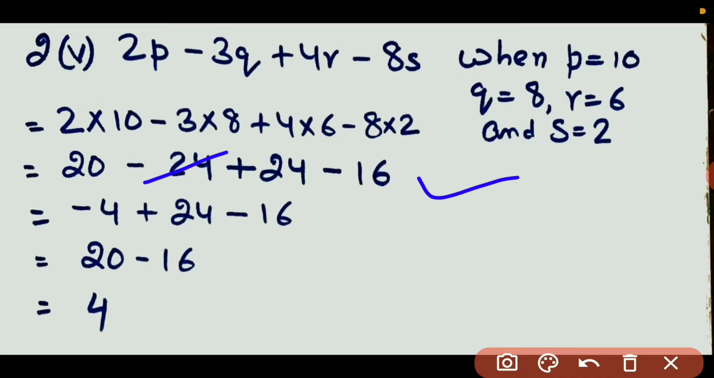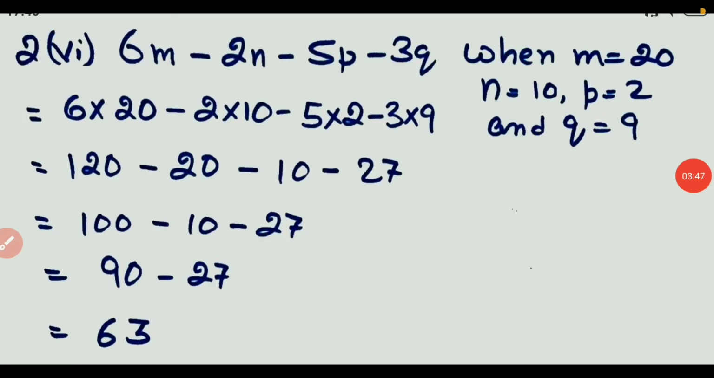Here minus 24 and plus 24 get cancelled, so no need to write this step because we have learned this also, right? And so then it becomes 20 minus 16. So 20 minus 16 shall give me 4. Okay, this is how we are supposed to do number 2.5. Going to the next question,